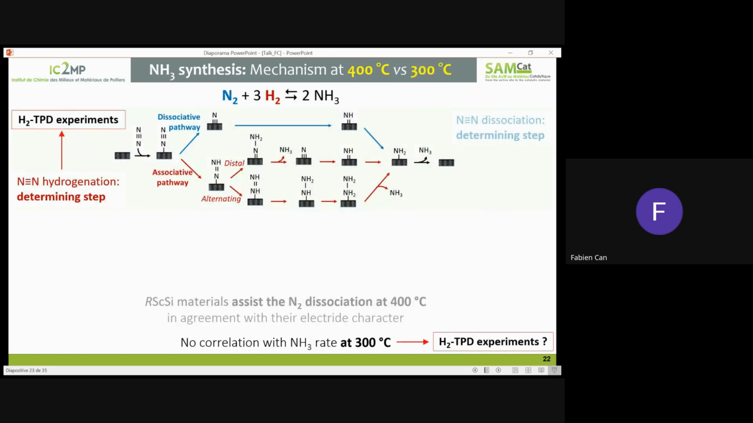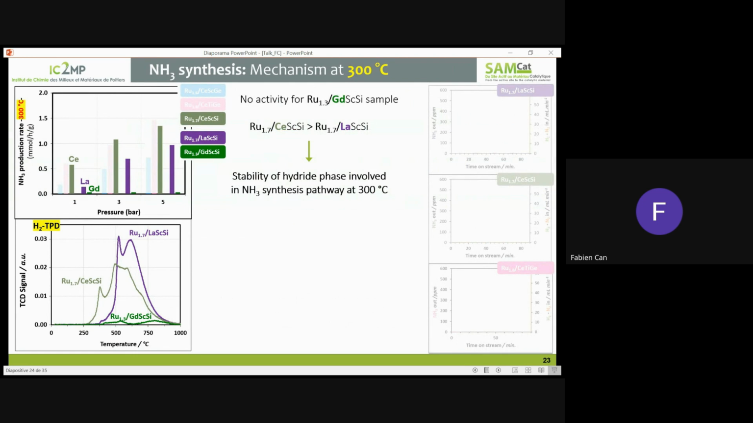So if we come back to the previous slide, we now focus the study on the stability and on the hydrogenation step of the catalyst. We first begin with the three samples: cerium, lanthanum, and gadolinium, based on scandium silicium. And again, as previously presented, cerium shows the best results, and gadolinium presents no activity for ammonia formation at 300